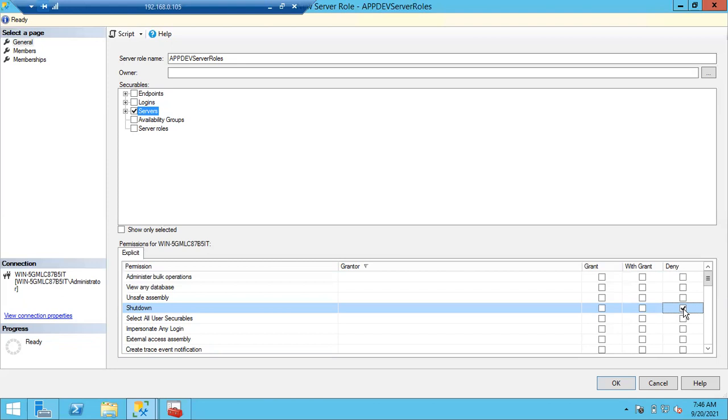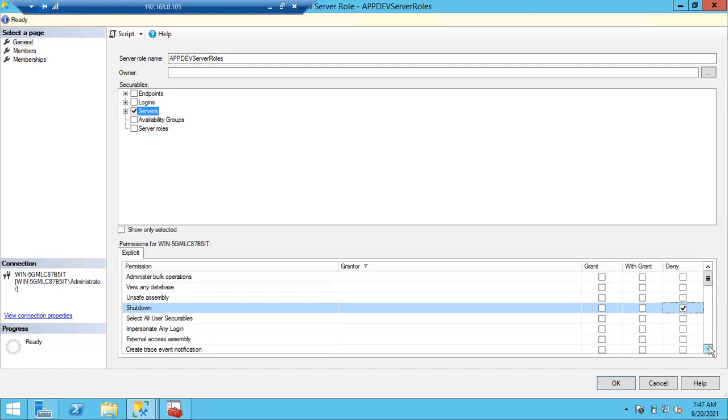So I gave deny. In case someone gave grant permission to shut down, as deny is there, only deny will work even though they have shutdown permission. So they cannot shut down the SQL Server. Clear, guys? This is how deny will be used.